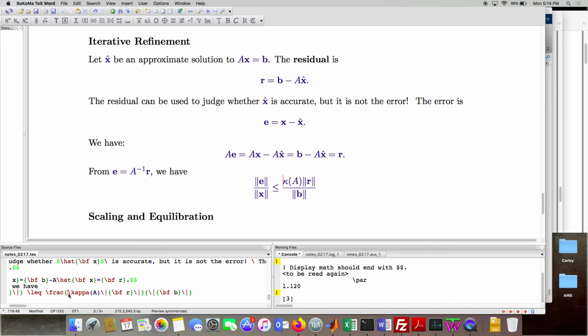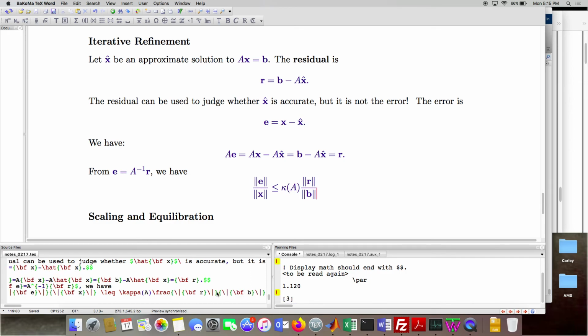So now I can say that for relative residual, where you divide by norm of B, and the relative norm of the error, where you divide by the norm of x, are related by the condition number. So, just because the residual is small,